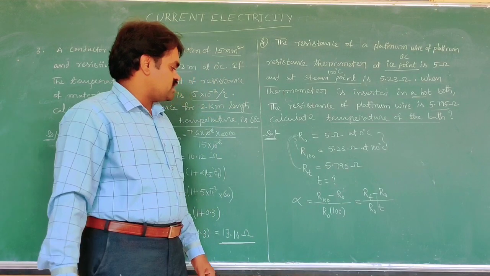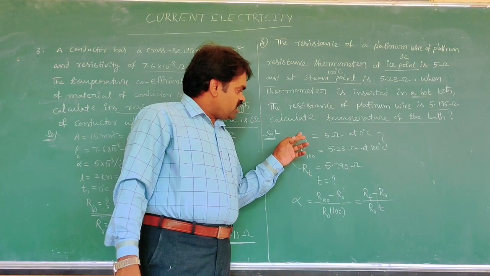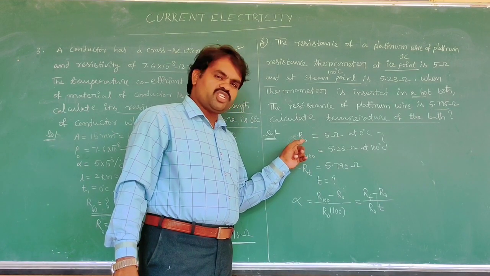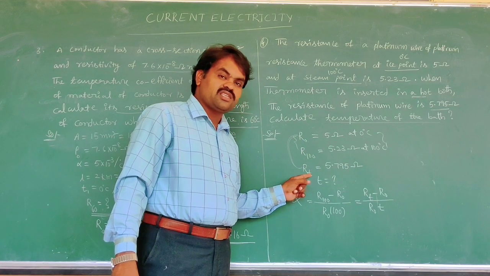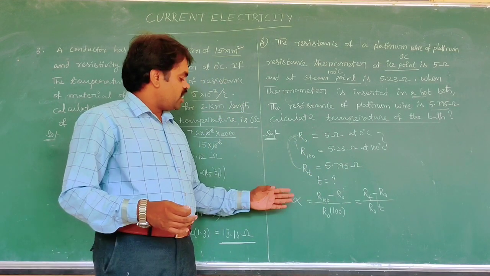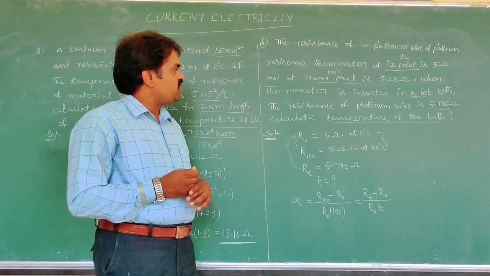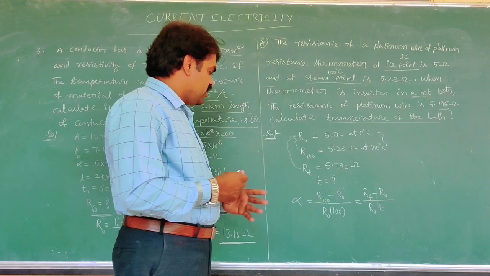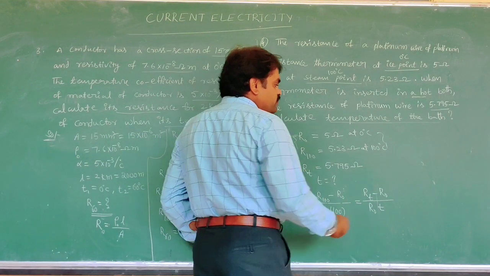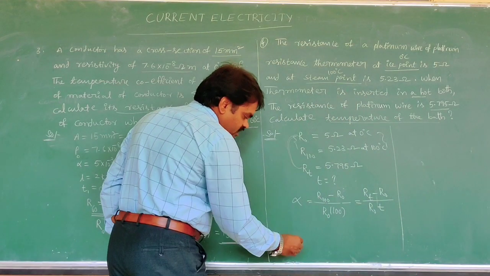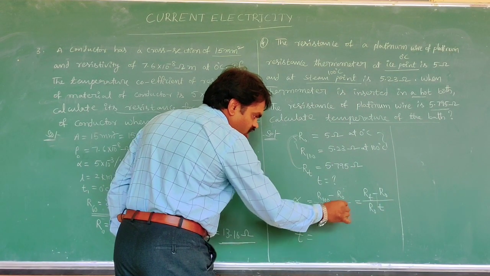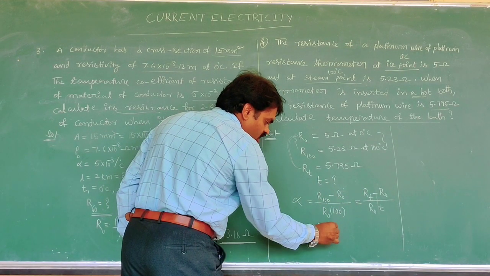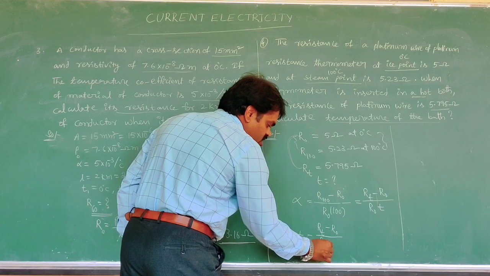From these two equations, because the temperature changes from 0 to 100, or the temperature changes from 0 degrees Celsius to T degrees Celsius, the temperature coefficient of resistance of the platinum must be a constant. That's why we can take both cases here. When we compare, that is the cross multiplication, we get the formula. T is equal to, here R naught cancels, T is equal to RT minus R naught by R100 minus